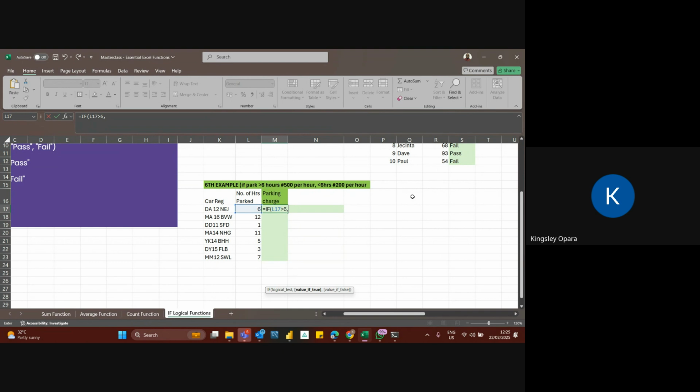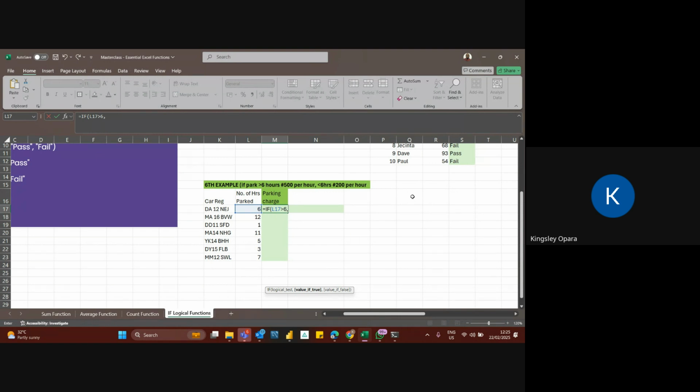greater than 6 is simply saying anything above 6. So 6.1, 6.2, take note of it as 500 naira per hour. Now, once it is 6 and below, keep it at 200 naira per hour. If this is clear, we are moving on. Now that I'm not trying to explain, I want to make that logical test. I want it to sync very well. So if that has sunk in, let us move on.